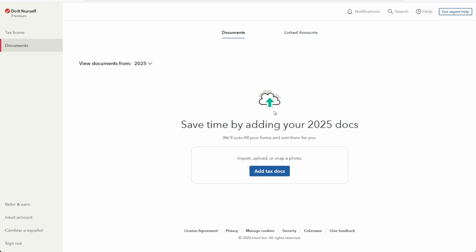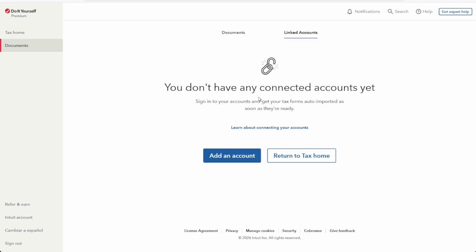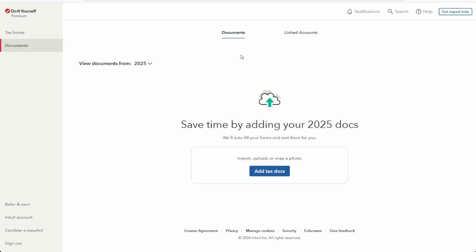Now, there are two options. One is by adding your tax docs, and on the second option, this will be your linked accounts. It will show you your connected accounts. If you don't have one, then just simply head over to Documents. Now, on the Documents section in here, if you head over to the bottom and click on Add Tax Docs,